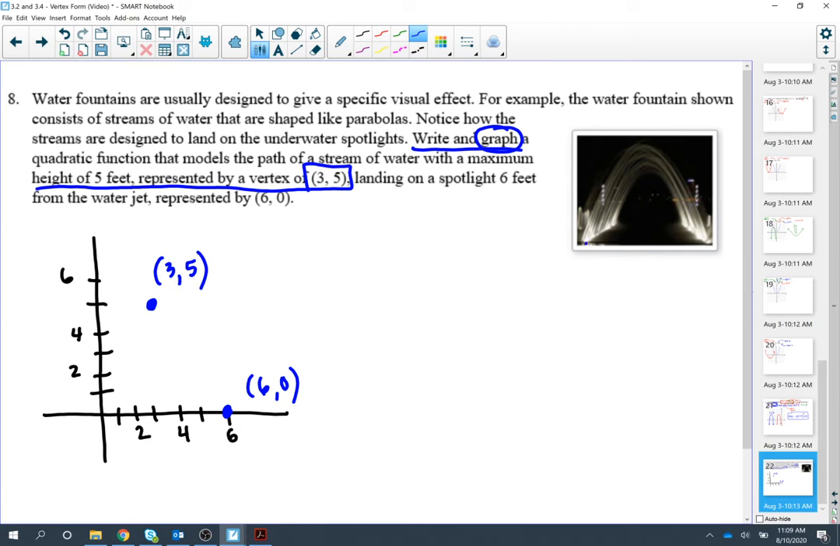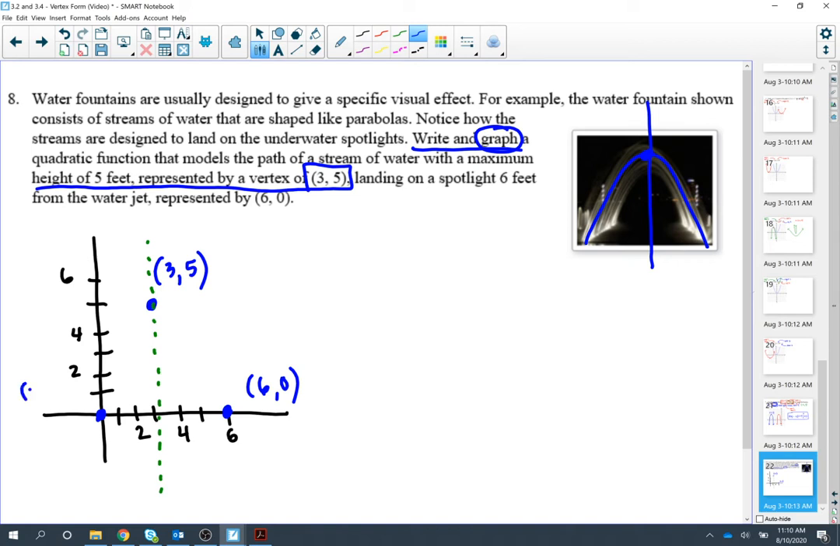Now, we know that the water jet is a parabola. We also know that parabolas have a vertex. And then we also know that parabolas have, through the vertex, this thing called the axis of symmetry. If my vertex is up here at 3, 5, okay, and then I have this other point over here at 6, 0, what do I also know is over here? Because it's kind of like a reflection, so I also know that we're going to have the point 0, 0,